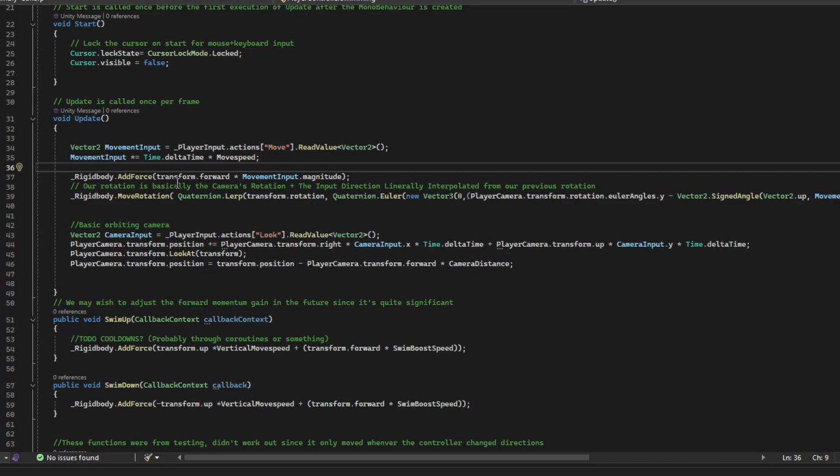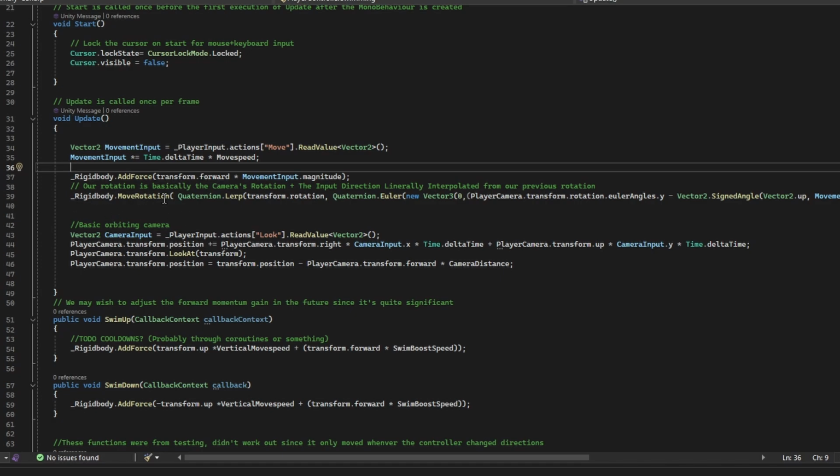Since the rotation of the player is managed by the movement as well, we only ever move forward. We don't just dynamically move. It's kind of like a submarine control. We can only move forward and the other directions are controlled by rotation,